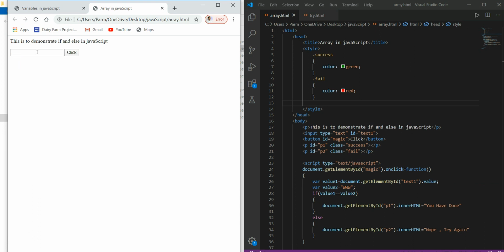Save it, refresh it over here, and here we go with say SSS and check it. Here it is. Try again. This is displayed in red color. Now if we go correct this time, say we use capital WWW, and here we go. You have done.